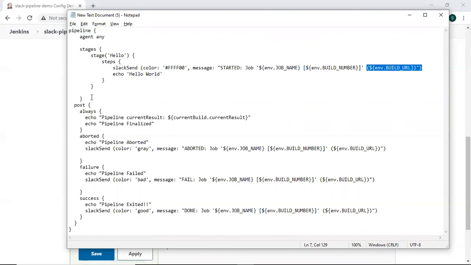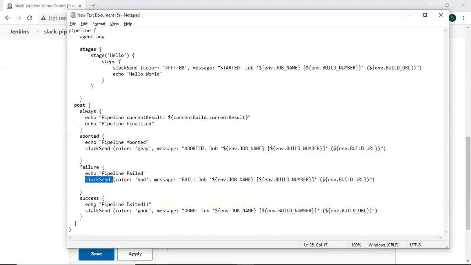Once this job finishes, in the post job section, you can see there are some commands like this will get executed always. If your job gets aborted, then this will get executed with the message about it. If your job gets failed, then Slack send function will return message if failed.